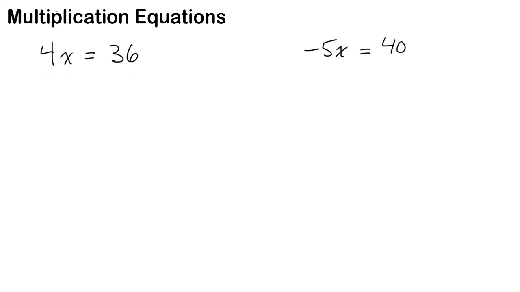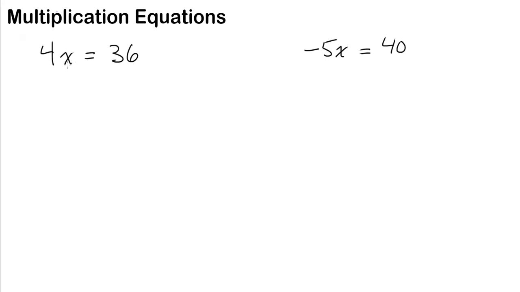which means I need to get rid of 4. Now in this case, 4 is not being added to or subtracted from x. This is multiplication. So how do we undo multiplication? By division. Now since we are undoing multiplication here, we are not going to change the sign. You may have remembered when we were undoing addition, you would subtract. So you would change the plus to a minus, right? And when you were undoing subtraction, you would add. So you would change the minus to plus. But here, we're not undoing addition or subtraction. We're undoing multiplication. So it's very important to understand that when you are undoing multiplication or division, you keep the